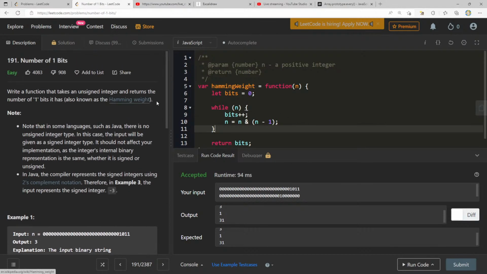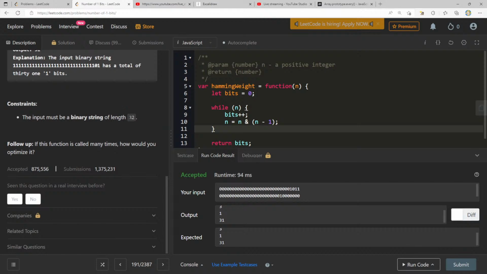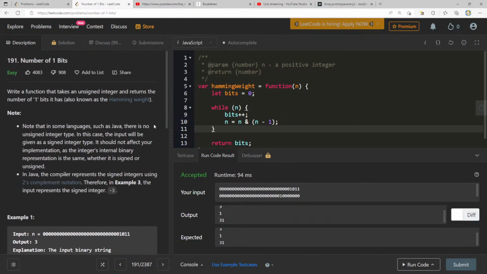But for every unsigned integer, they're saying it's a maximum of 32 bits, right? You'll be doing it 32 times, which is constant, right? But if you have 1,000 numbers and you do 1,000 times 32, that's 3,200. No, that's not 3,200. That's 32,000. What am I talking about?